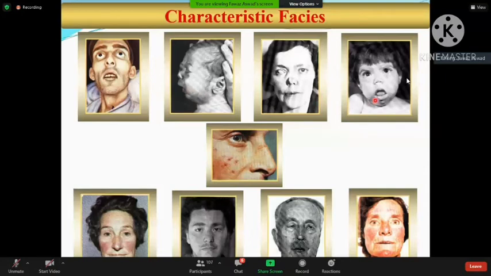And this is what we call Down syndrome. Depressed nasal area, protruded tongue, slit of the eyelid. All of it is considered to be abnormality, and this patient may complain of congenital heart disease. This is the most common, or the most serious, condition that may be associated with the patient.